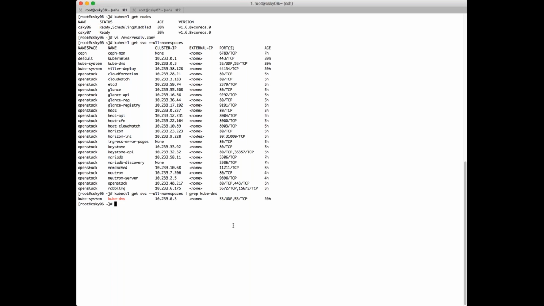Perhaps we can see what is going wrong. So what we have after running the whole commands which I showed you, then we can get